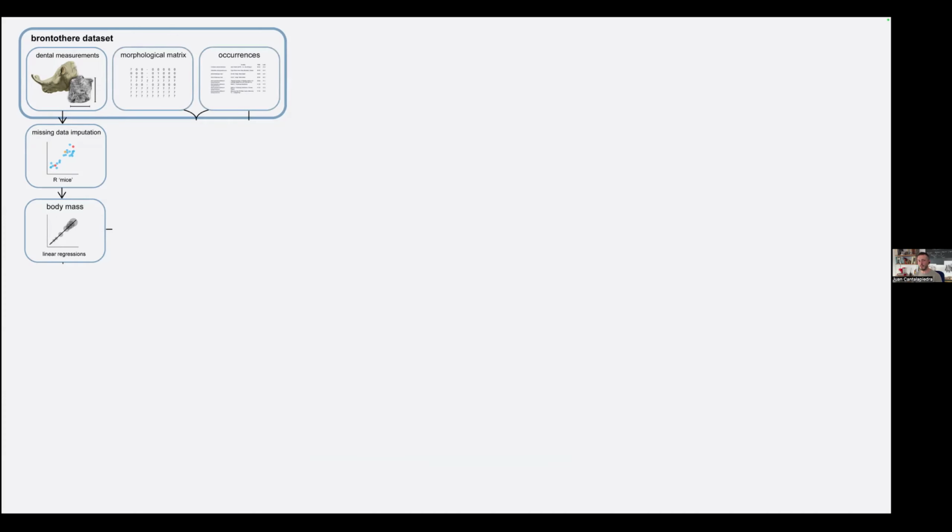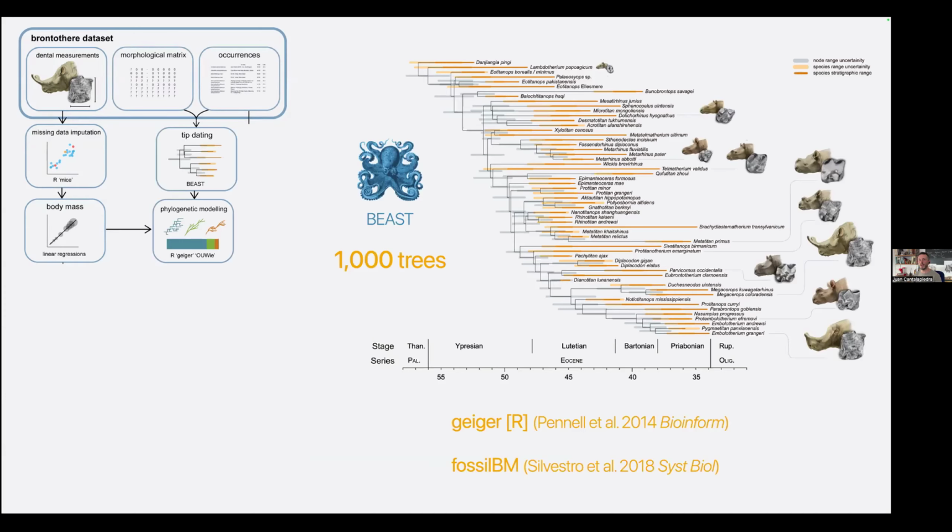Then we use tip dating approaches, combining occurrences and a morphological matrix in BEAST2. And then we came up with a distribution of millions of trees, and we retained 1,000 trees for further analysis. And on these trees, we ran different models of evolution. I will talk about them a little bit in a second. And these models were run in packages: an R package called Geiger, and FossilBM, which is a